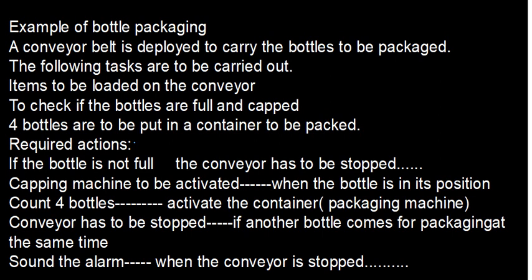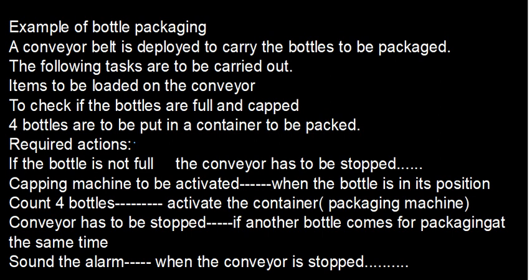First, please try to understand the problem here, bottle packaging. After having seen this problem statement, you should be able to understand what exactly this means, right? There is a conveyor belt over which the bottles keep moving. First, the bottle is being filled with some beverage or some fluid, whatever it is. You have to make sure that the fluid is at the desired level. Then the second thing is that the bottles are properly capped. The third thing is that you will have to count 4 bottles.